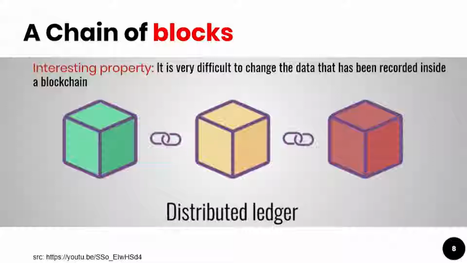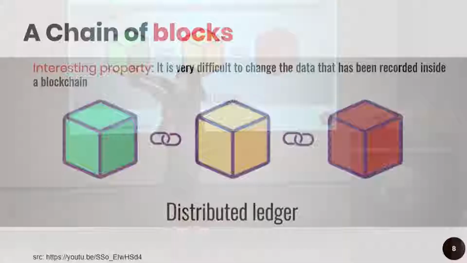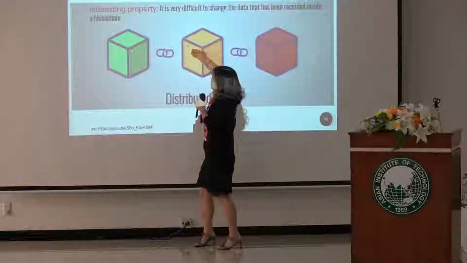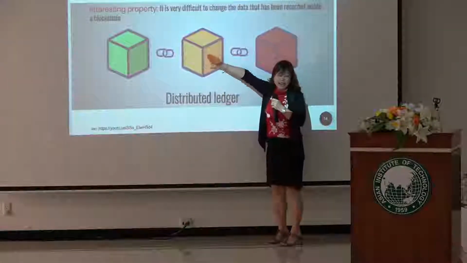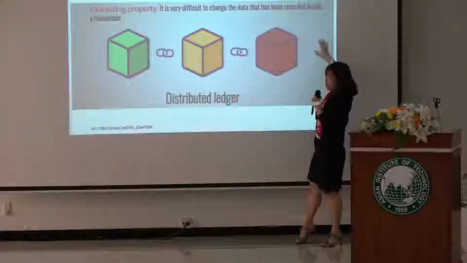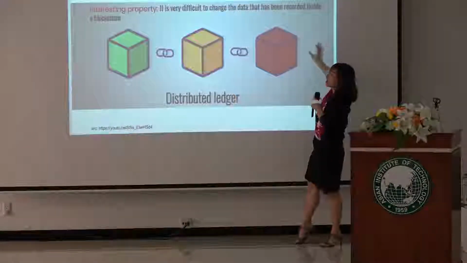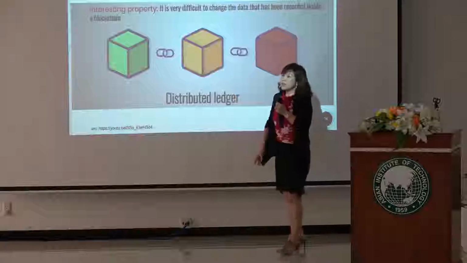Okay, so what is a chain? A block. You know a chain, right? A chain would be a list. One block after another and another block after another, just like this picture. So it could be this is the first block. This is the second block. After the first, this is the third block connecting to the second, right? So it is a chain in that way. It is a very long list of many blocks that could be there.